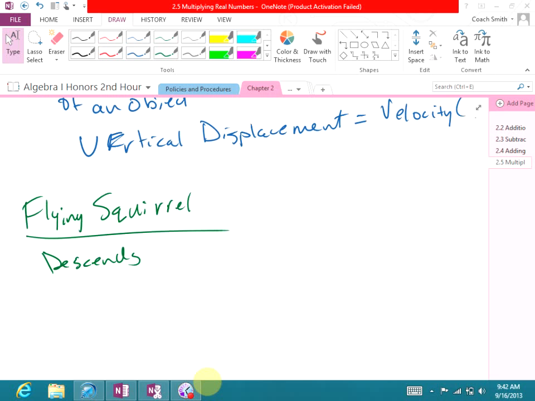Obviously we have to know the difference between descend and ascend. Obviously, when Christ ascended into heaven, they were talking about vertical displacement. Now obviously they didn't say he ascended at a certain feet per second or anything, but that's the difference. Ascend and descend. Ascend is rising, descend is falling. So he descends at negative 6 feet